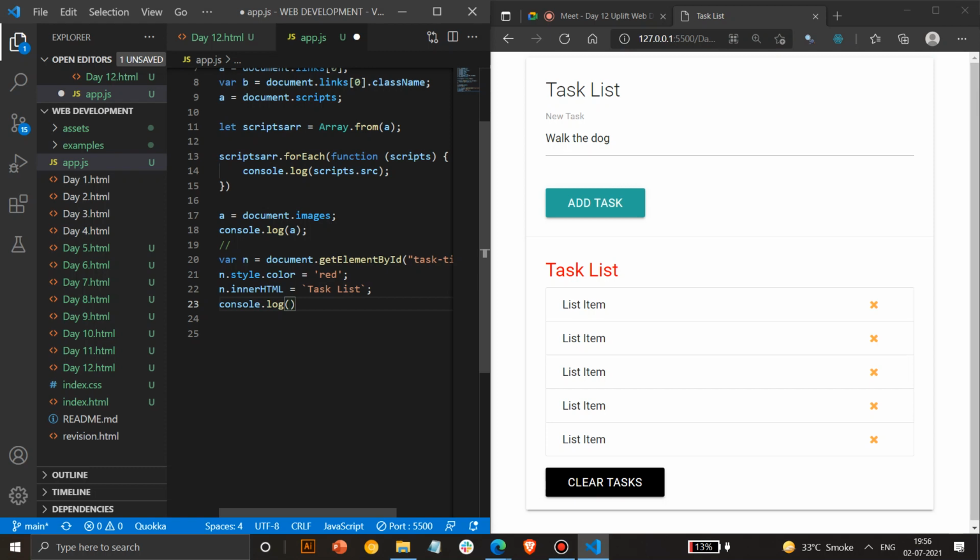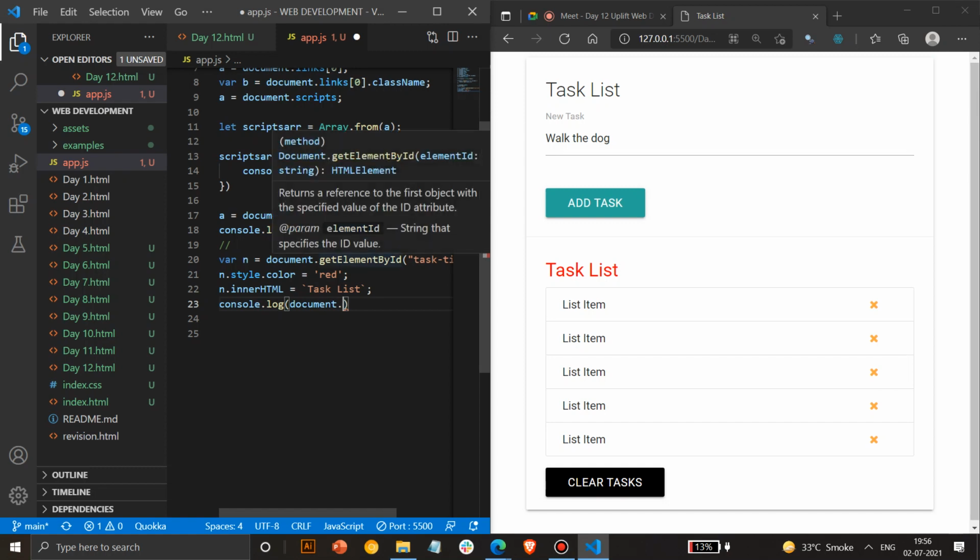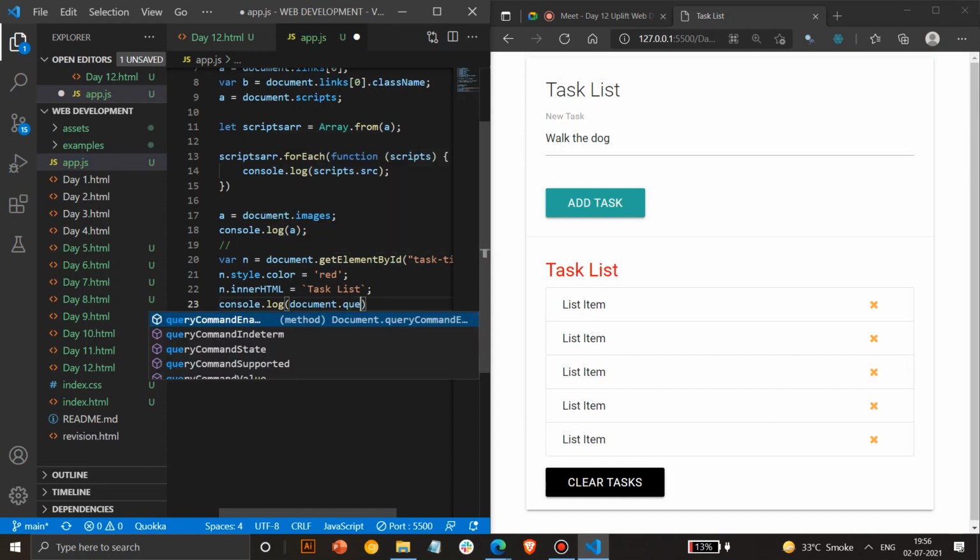So yes, query selector is generally used to access a specific element or a specific ID. You query it and find. Query means basically you go through and look at a specific ID, if you have to access a specific class or a specific button. In those cases, we use dot query selector for it. I'll explain in detail how it's better than get element by id. It gives one more extra feature which I'll focus more on.